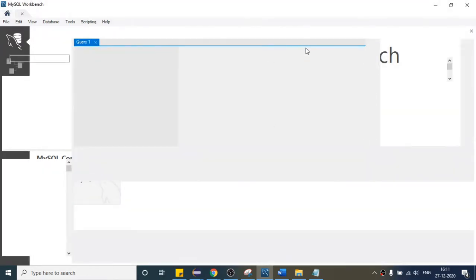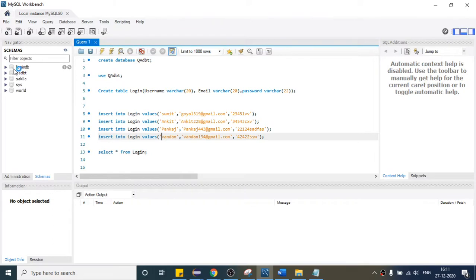So inside this workbench, you will find some databases like this. These three are the defaults, and these two I have created, right? First of all, if you want to have some data, then only can we connect our database with the test case. So here I have created one database.